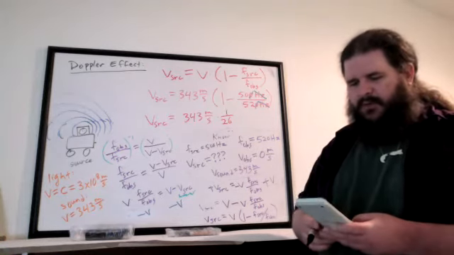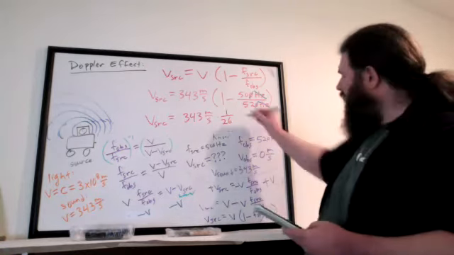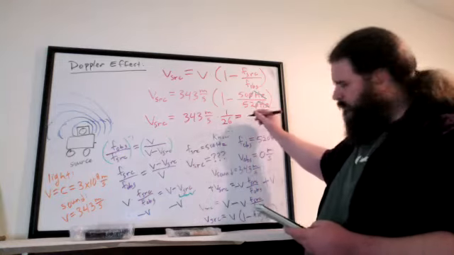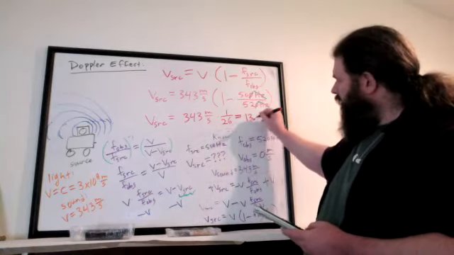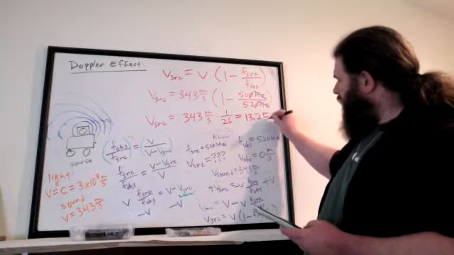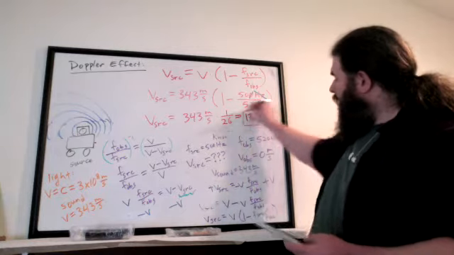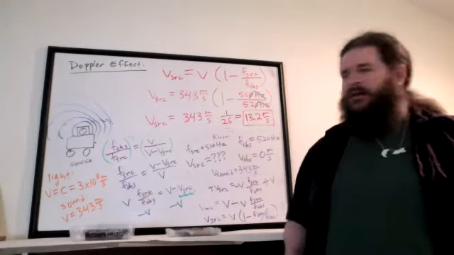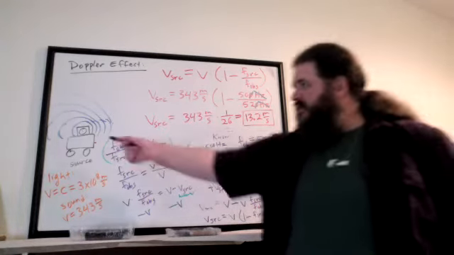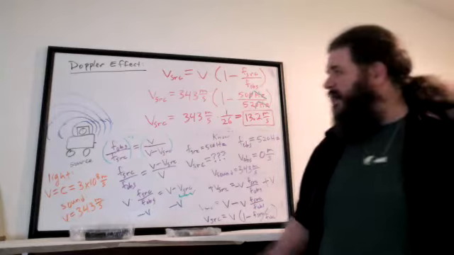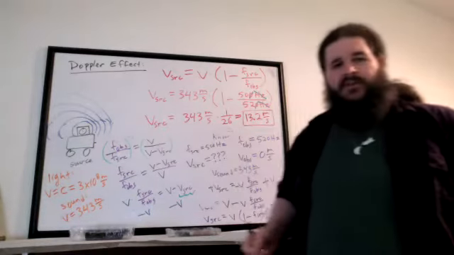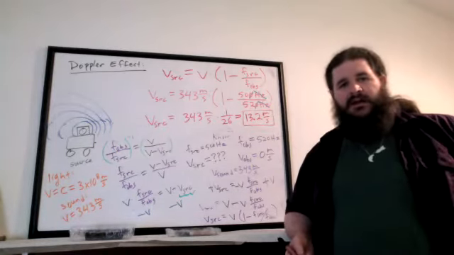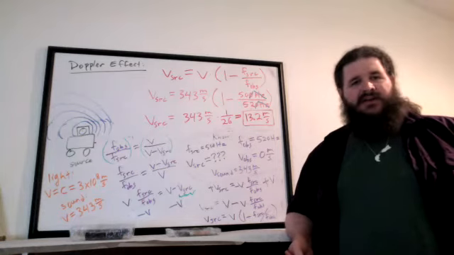Dividing that specifically, 1/26 of 343 is about 13.2 meters per second. So we now know exactly how fast the speaker mobile is traveling. Not by any specific measurement of its speed directly, but just by comparing the sound we know it's emitting versus the sound we actually hear, and plugging all that information into the Doppler effect equation.